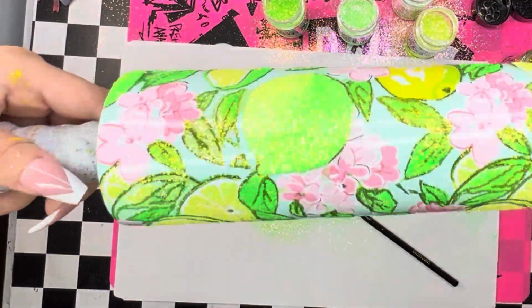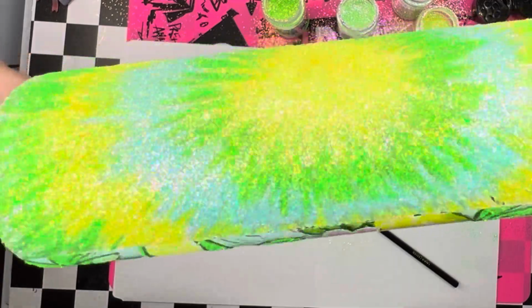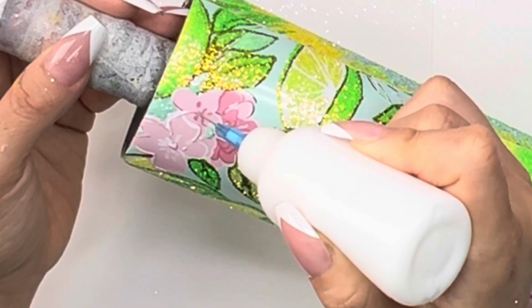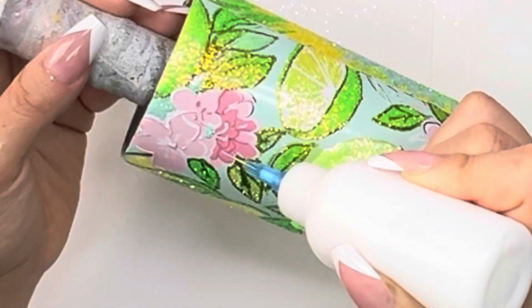Look at this. This is so fire. Look, please tell me this is not the best glitter ever. Look at that sparkle. Look at that. Oh my Bob. Ugh. Anyway, so today is Friday, which means I dropped a brand new bundle, and the bundle